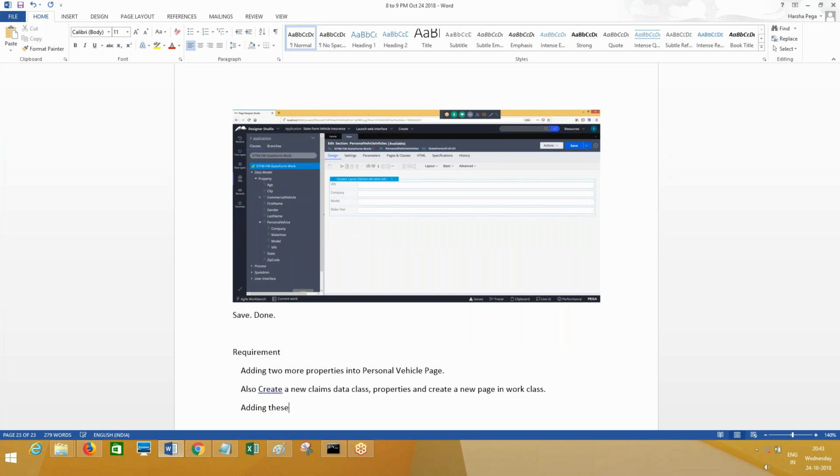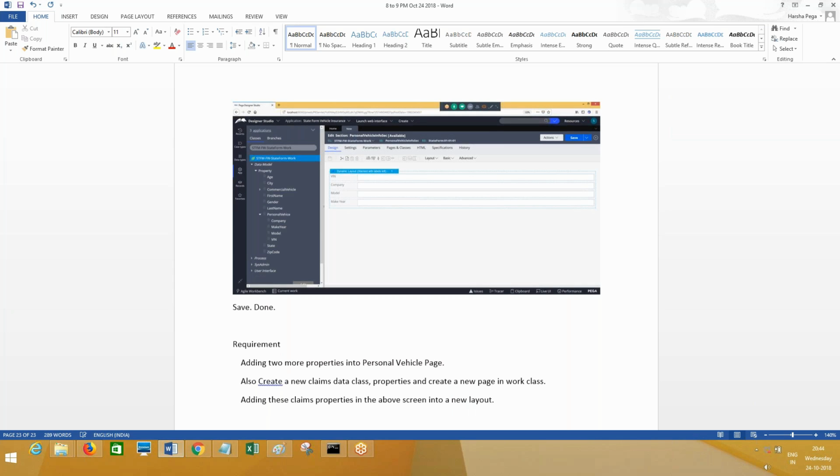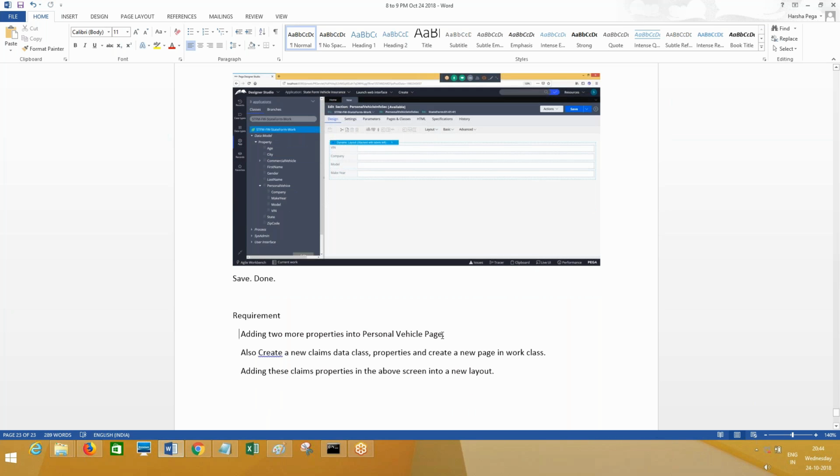We add these claims properties in the above screen into a new layout. It is a pretty straightforward layout, I'll show you how to add it. First, we'll add the two new properties into the data class. This is what I'm going to work on first of all.